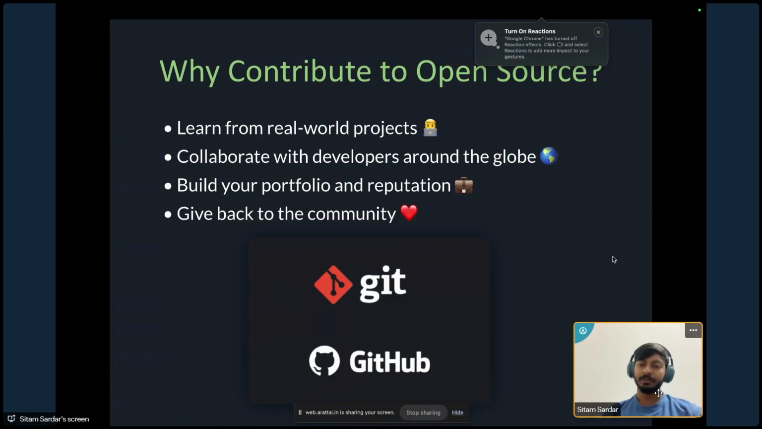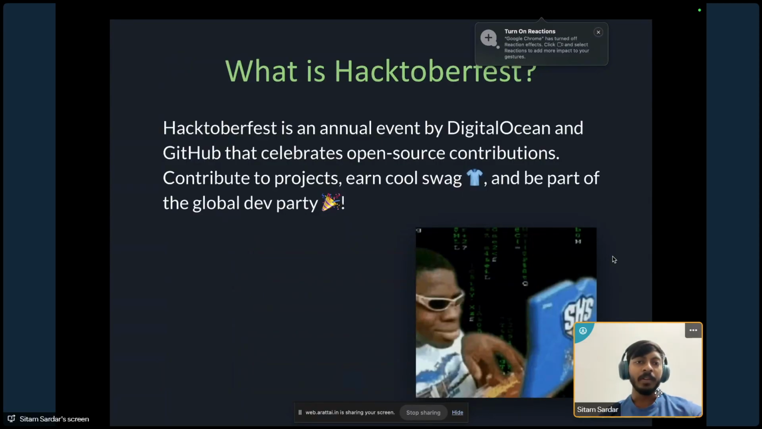So let's go for what is Hacktoberfest. A little bit of Hacktoberfest was already explained by Simon, so I am not going in depth of it. More specifically, I have already explained what is open source, and I have explained why we should contribute to open source. Now